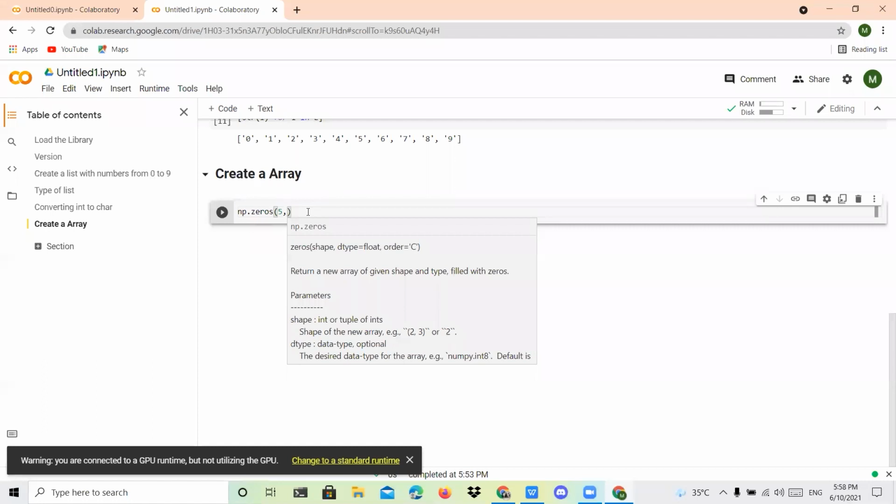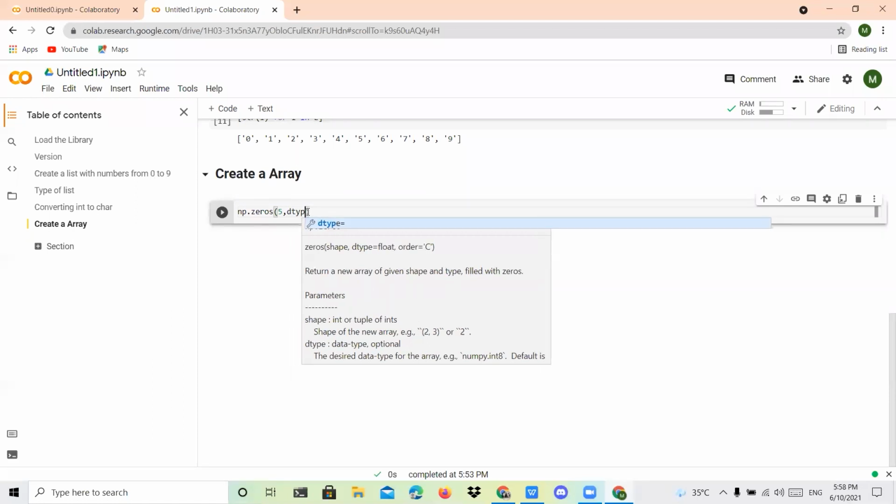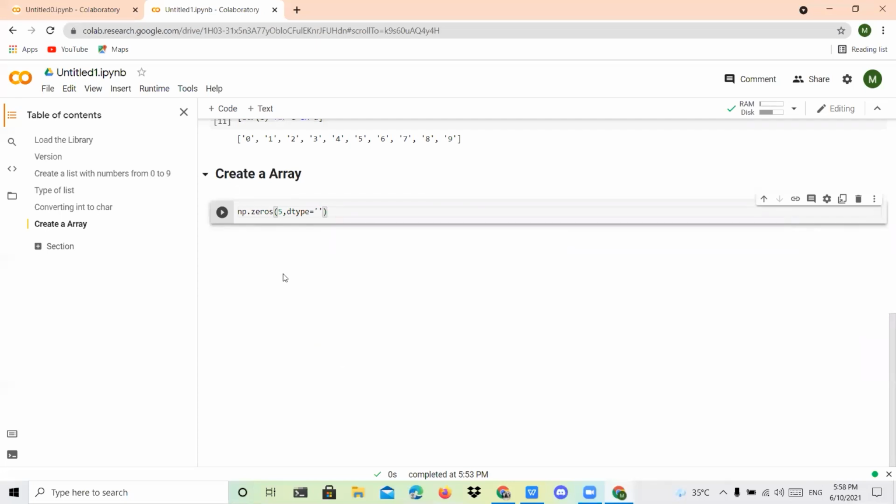Next, you have to mention the type of array, using the keyword dtype, which is called data type. That is equal to, and within single quotes, I have to mention what data type you want. Either an integer value or a float value, you have to mention here. Suppose I want only integer, so you can give int here.